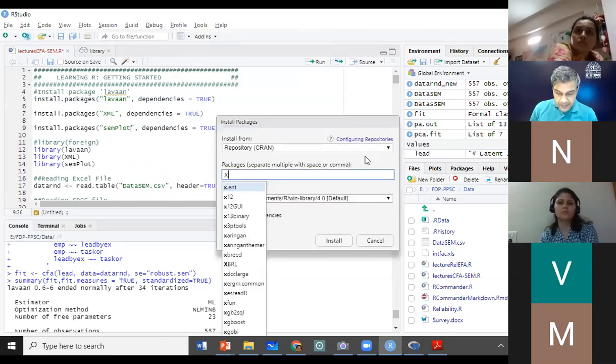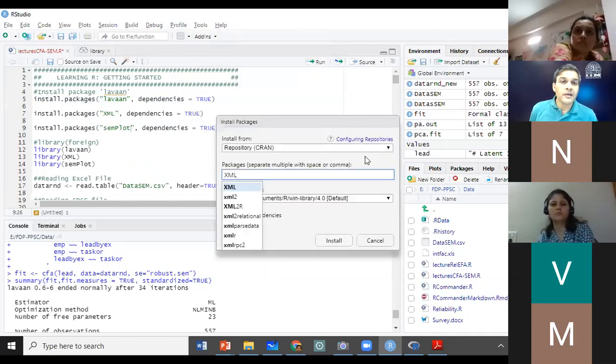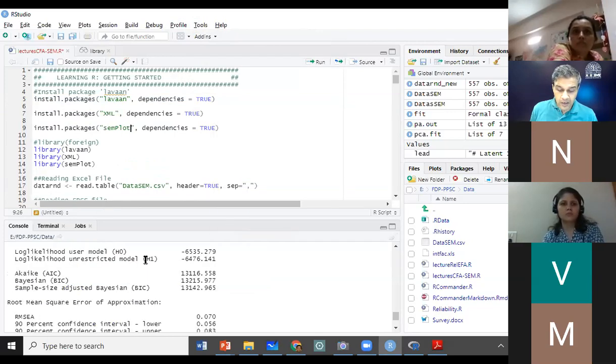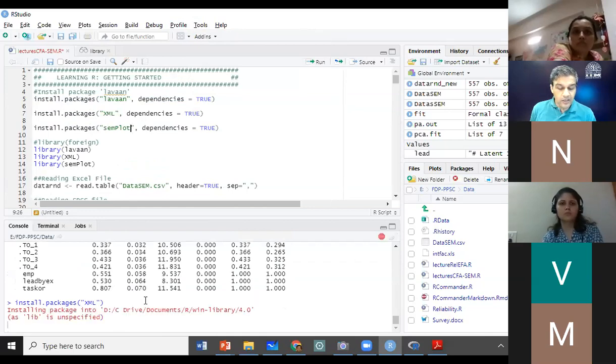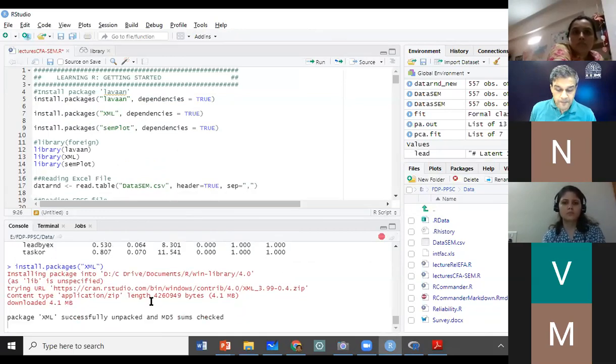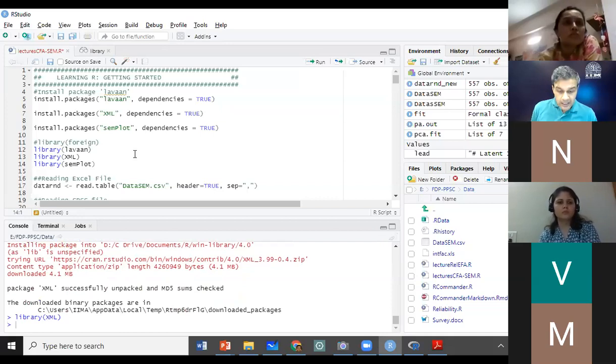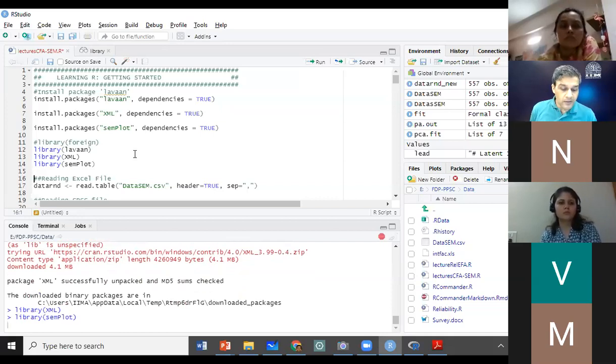You can simply type here XML, XML comes, and then say install. Now XML is installing. Now what I just want to show here, I will load XML. I will load SEM plot.